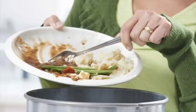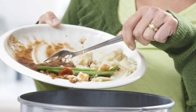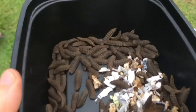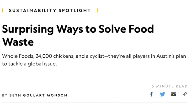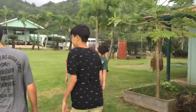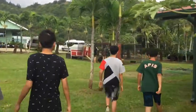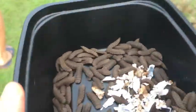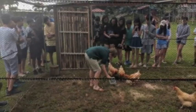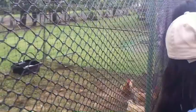The fun didn't end at the restaurant, though. The few resulting food scraps were fed to black soldier fly larvae, just like the students read about in Surprising Ways to Solve Food Waste. Not only did the larvae convert food scraps to nutrient-rich soil, but they also served as the perfect feed for our school chickens. When we went to feed the chickens, that is when I really knew the students fully understood the food recovery hierarchy, as they said,